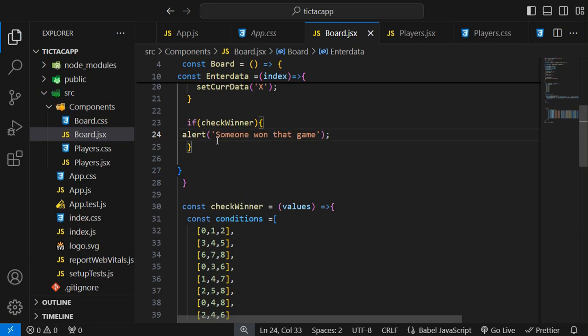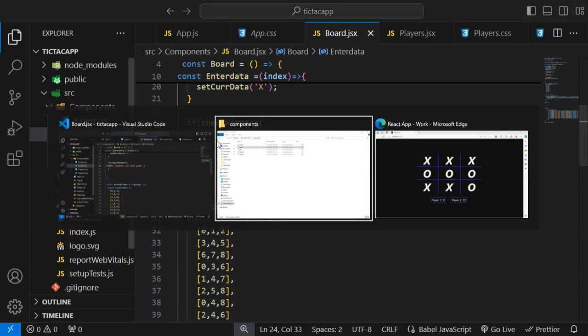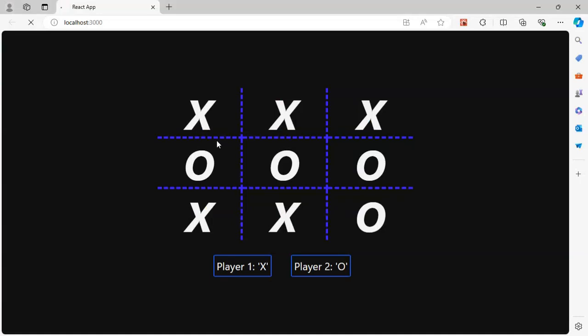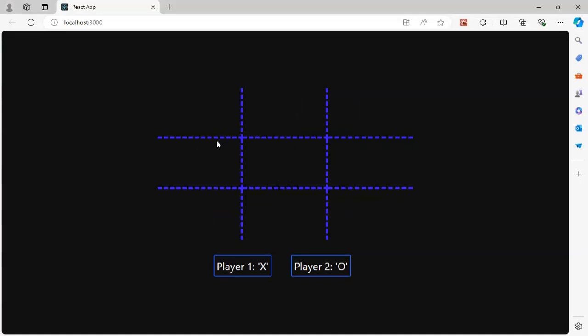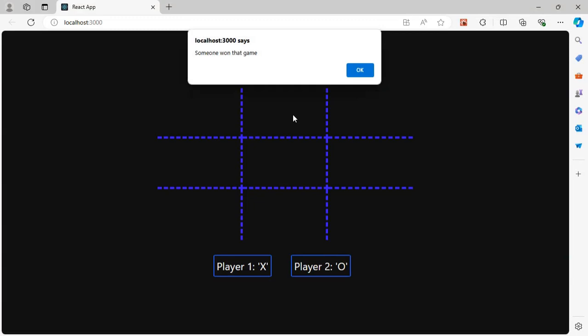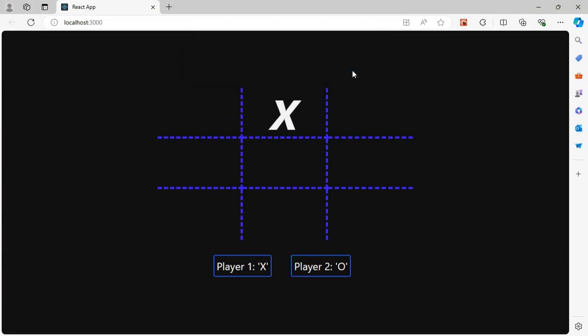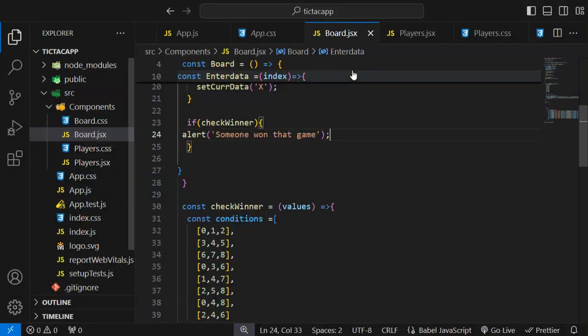Just press Ctrl S, and I am going to refresh that page. Again I am going to type here. It is showing every time. Let me see what the problem is. If check winner,